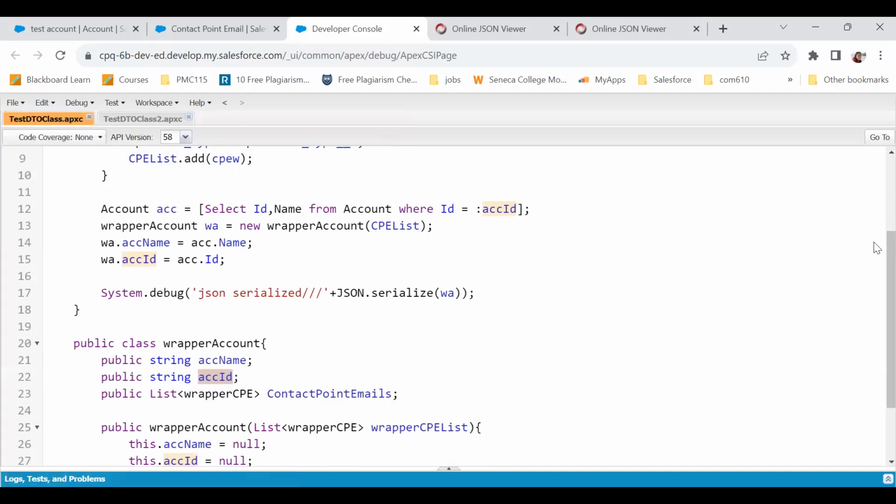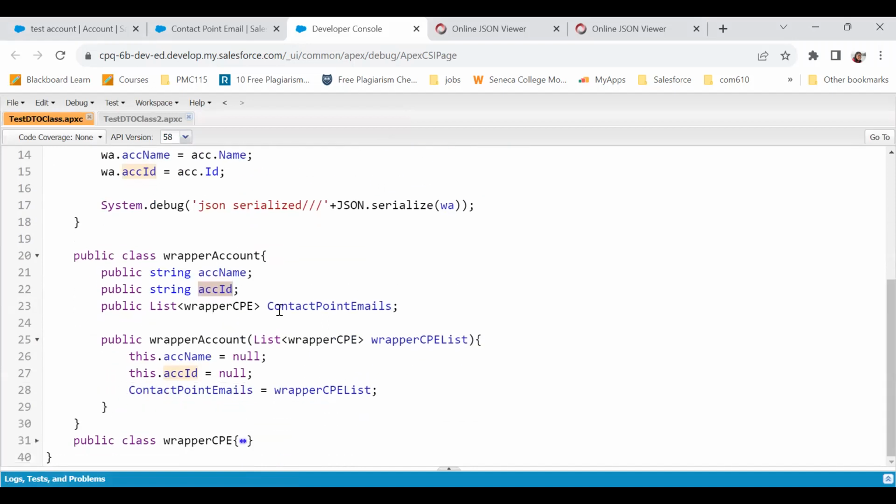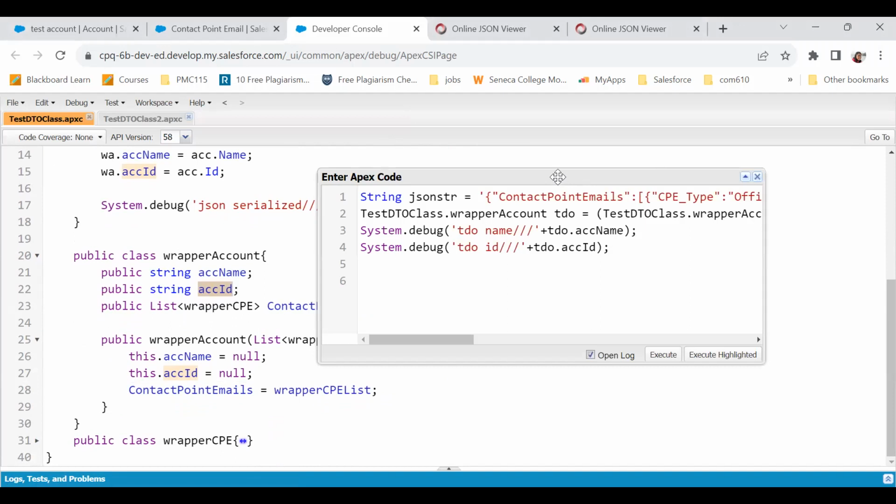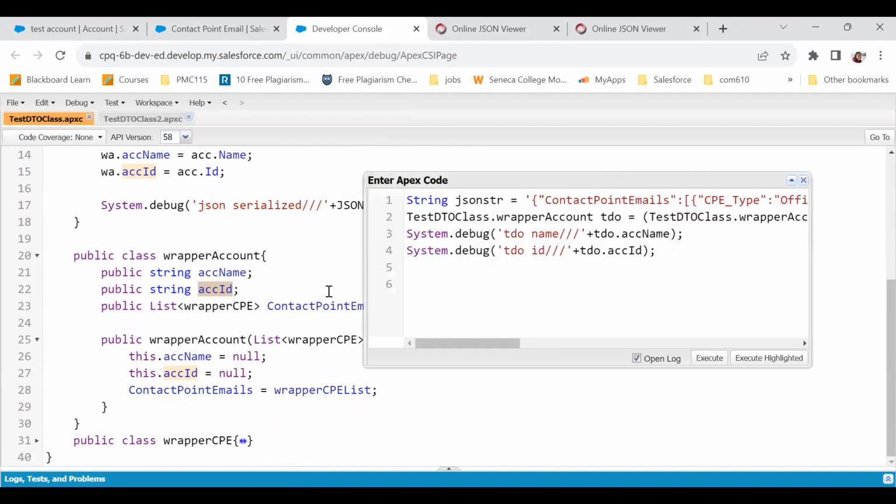Okay. Now I want to see all the contact point emails as well. So now how do I do that? For that, we need to iterate through the list because it's a list. It's not a single record, right? So we need to iterate for it. Now, how do we do that is,